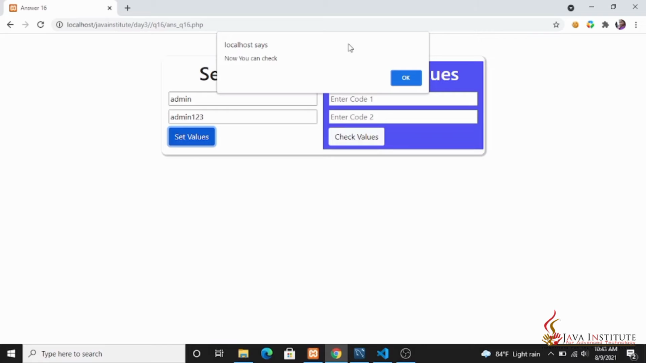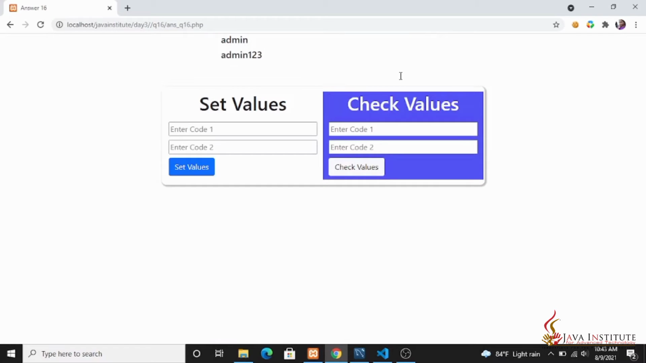So it says that now you can check, and for the easiness of the user, I have developed the code to show these two values that I have set before in the upper section of this page. Then here in the check values section, I have validated these two fields also. Then here it says that I have to enter the code, and I'm going to enter a code as admin